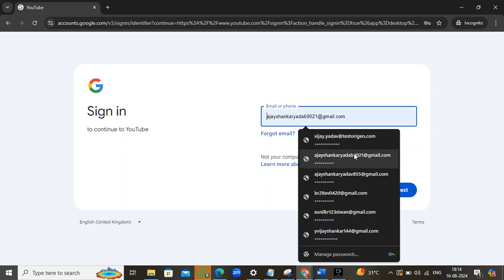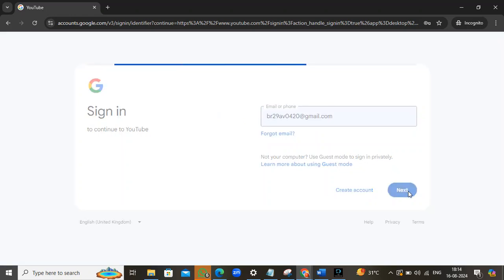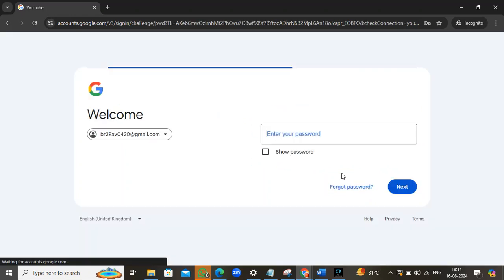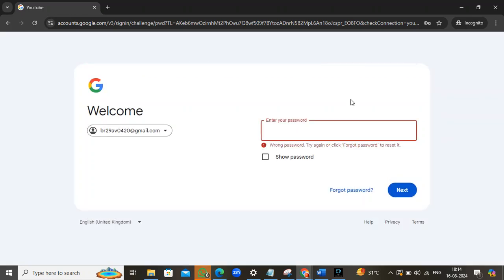For example, I have provided the email ID, and here again it is asking for password. If I provide a wrong password, for example, and click on the next button, we get a wrong password message.